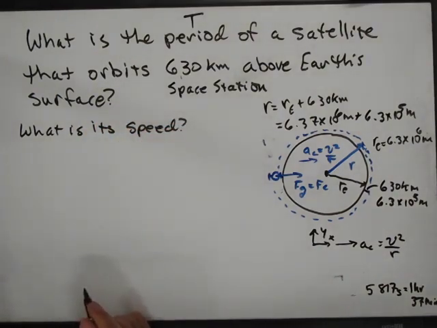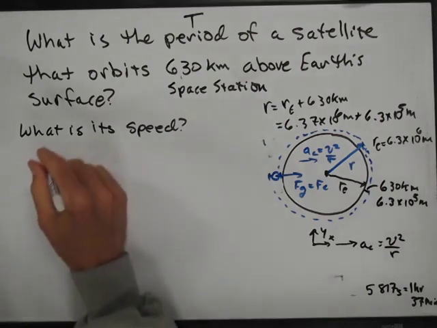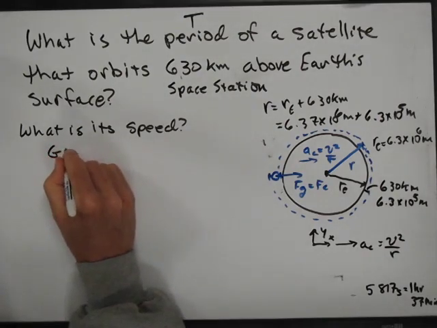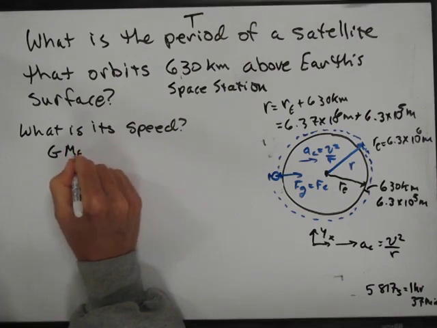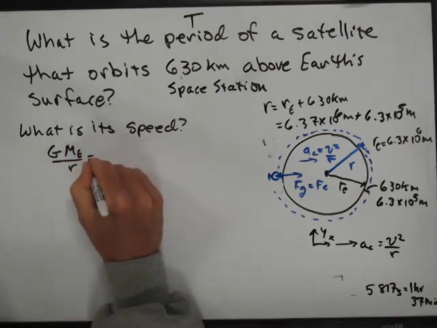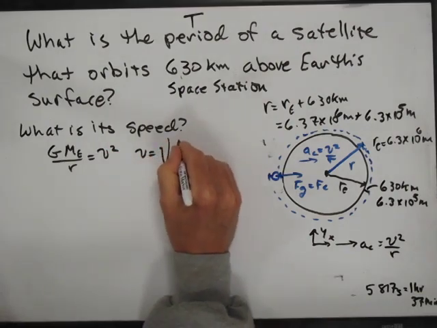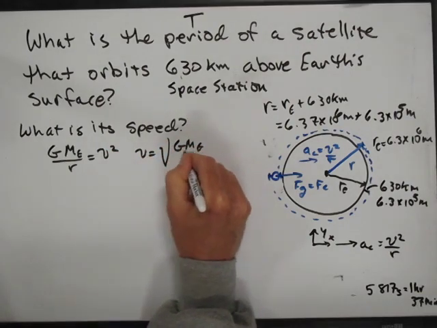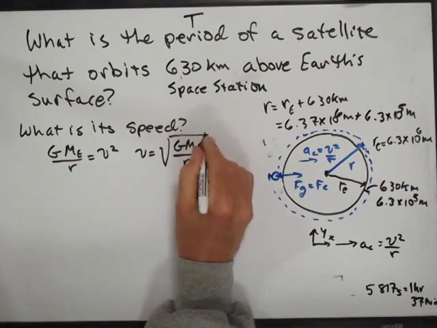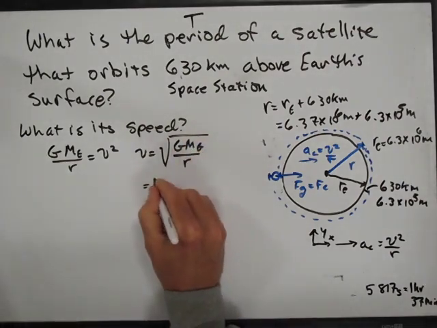what is its speed, right? And we could have calculated that earlier because we had this equation. We had G times the mass of the Earth divided by the radius is equal to v squared, or you could just say v is equal to the square root of G times the mass of the Earth divided by the radius, which is the square root of